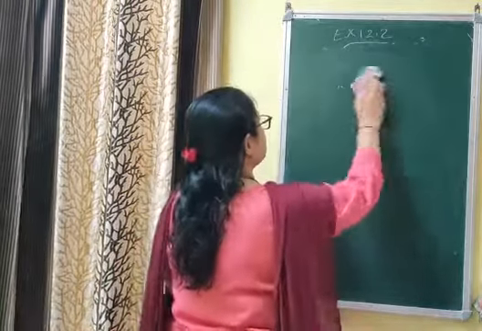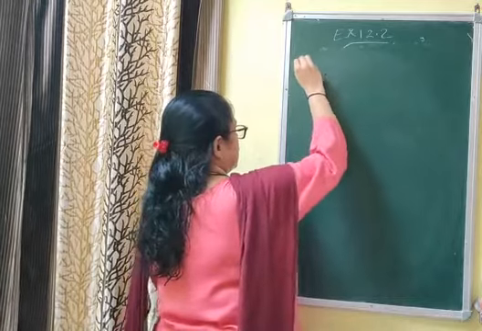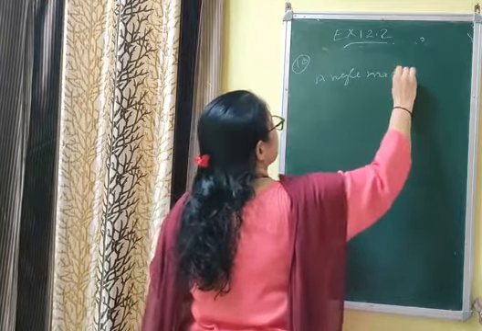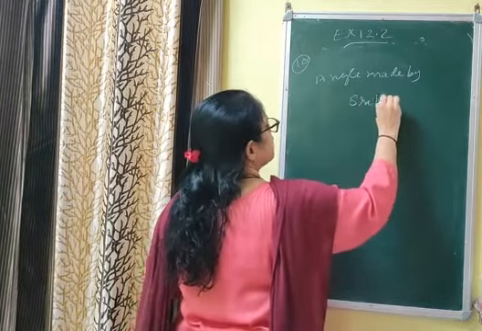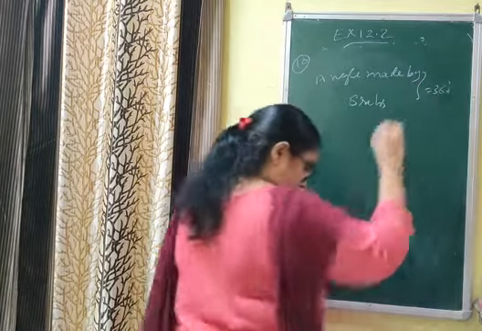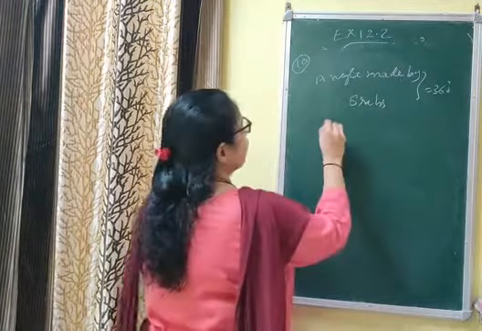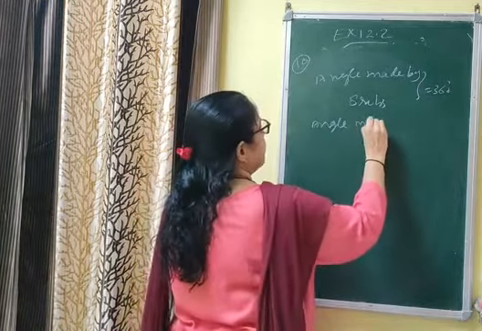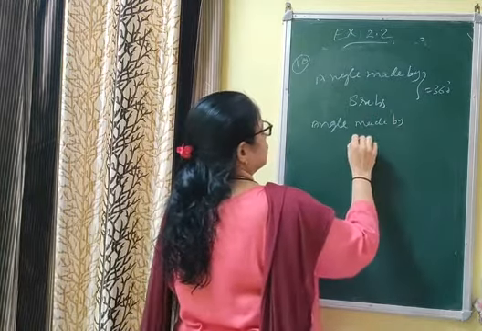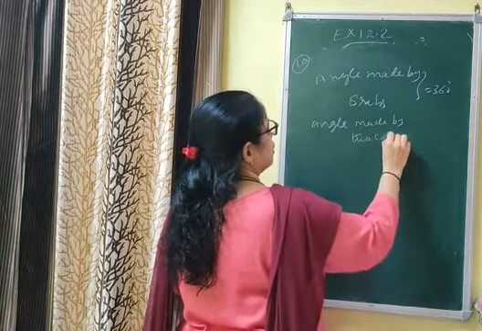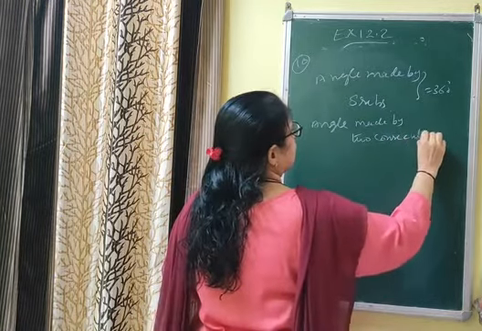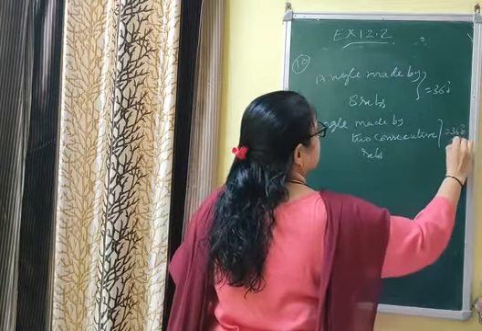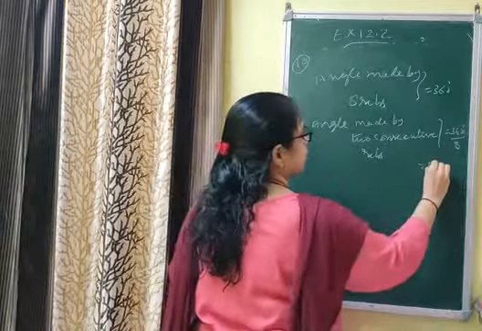There are 8 ribs. So the angle made by, this is the umbrella in the shape of a circle, the angle made by 8 ribs means the complete angle, that is 360 degree. Now you have to find the angle made by one rib, because you are asked to find the area between 2 consecutive ribs. Angle made by 2 consecutive ribs is equal to 360 by 8 degree. If you divide it, you will get 45 degree.